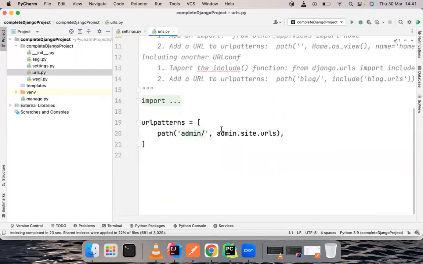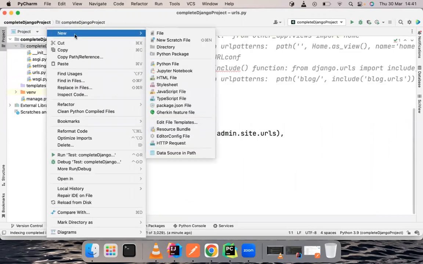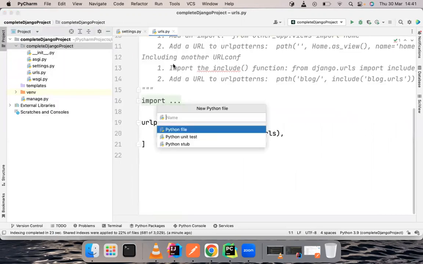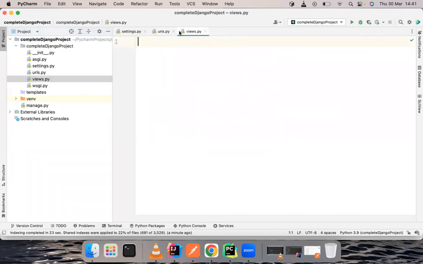We are going to set up our URLs, or our endpoints, right here. But of course, we are also going to have a views.py file that we are going to use to write some logic. We can just call these views. Of course, we are going to use that along the way. We are going to come back to this in a couple of seconds. And once we've done that,